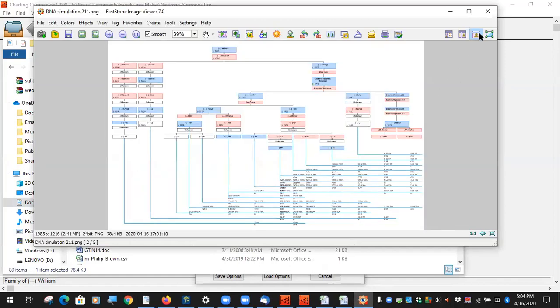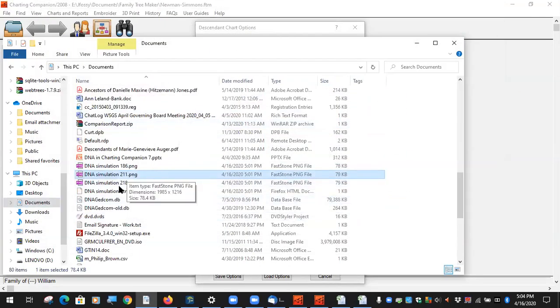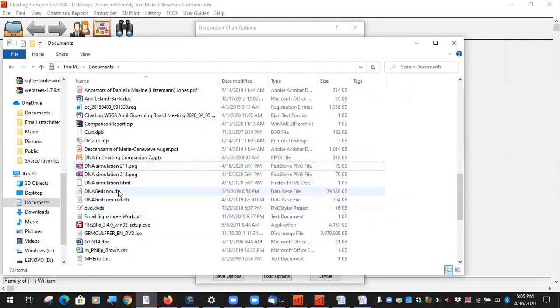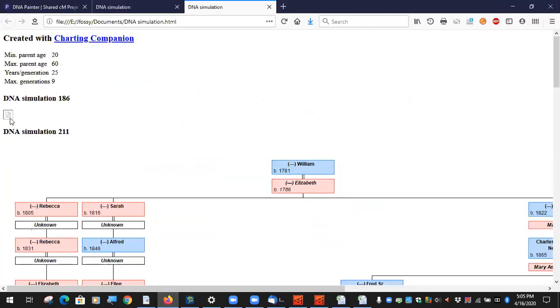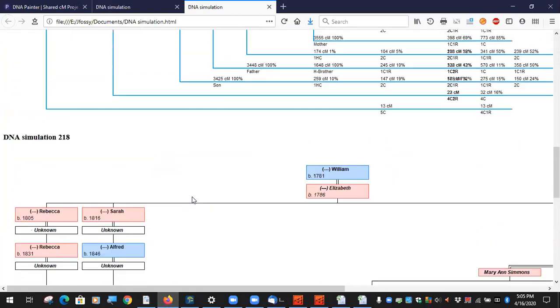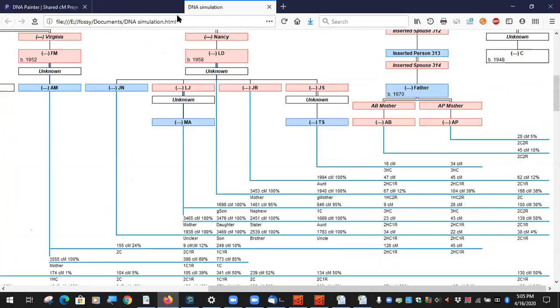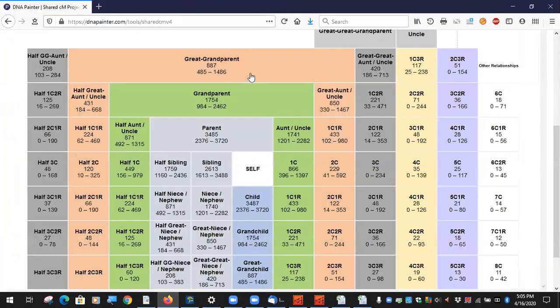There's the other simulation. So if you'd want to send it to friends or a cousin, say, well, what do you think of it? You can. Or if you say, well, this one is poppycock, you could just delete it. Then when you bring it up, it says that image just isn't available. And if you do want to save them, copy them out of there,